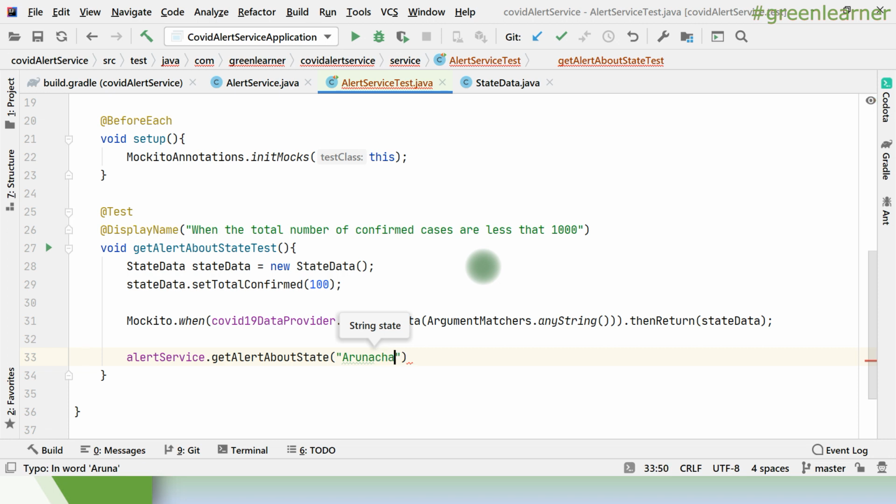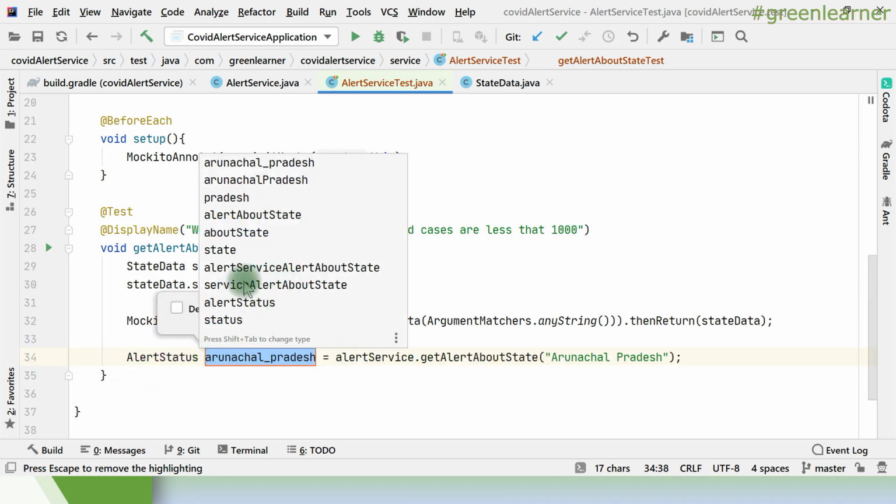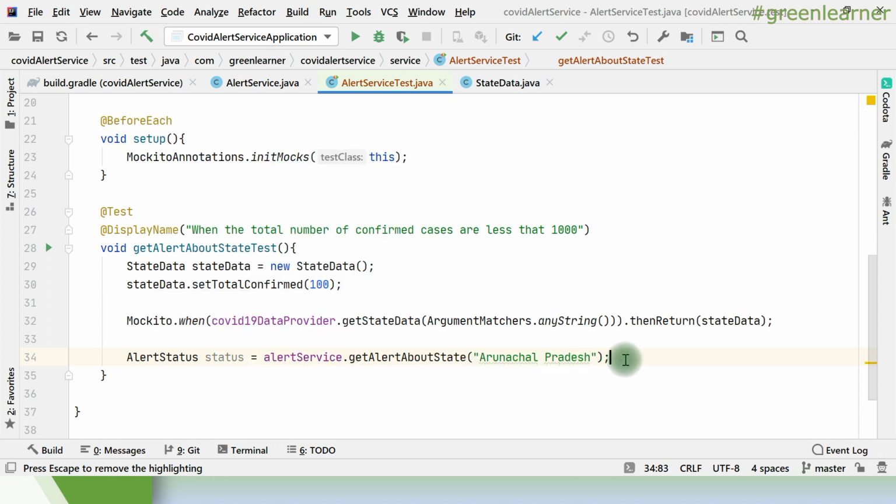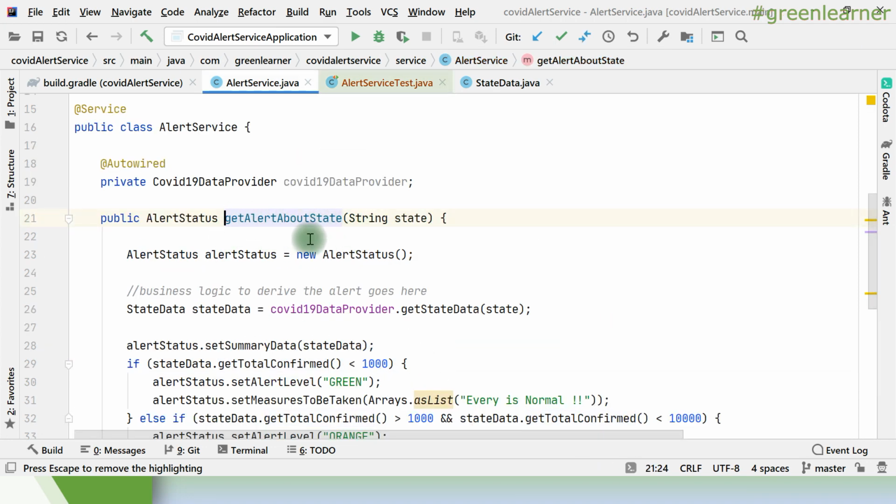For example, I want to get the data for Arunachal Pradesh. So set the local variable here, status. Here we are making the actual call to get alert about a state for a particular state.